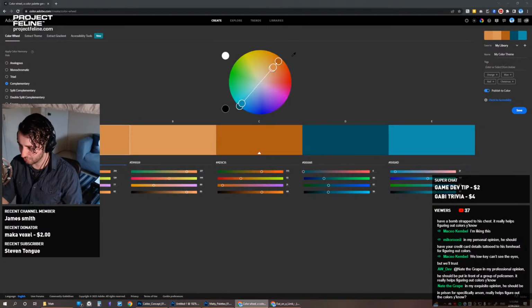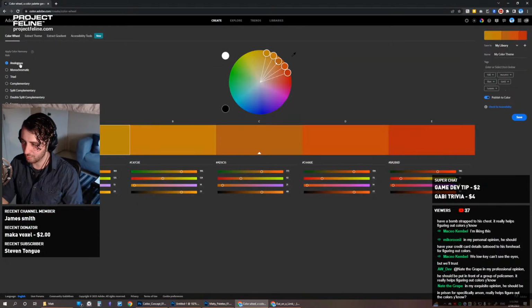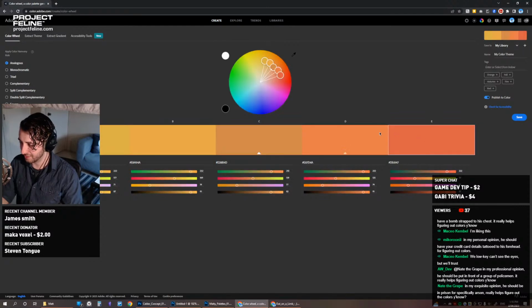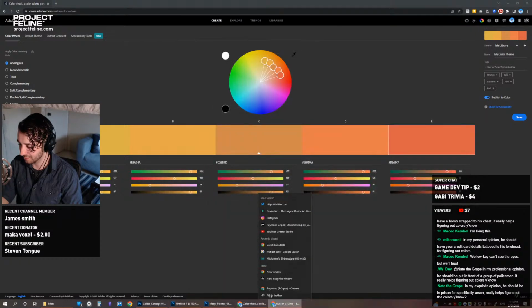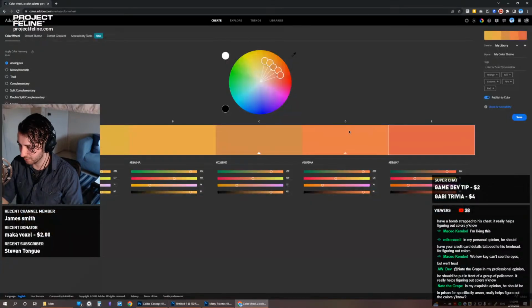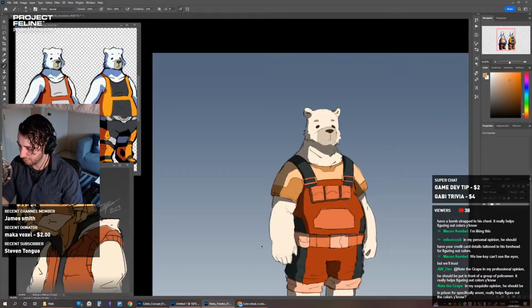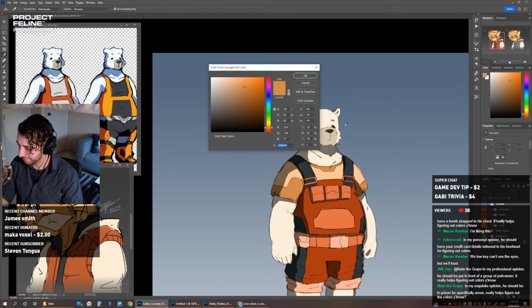Oh, it's close. It's near, but it's not. I think that would be if you went to analogous and selected that. One of these other colors would be similar to the red, like this one. If we blow that out, you can see that's kind of similar. Actually, I don't know what hue that is. I'm curious. 12. I think that's 12 too. Oh, that's 15. It's just a little different.